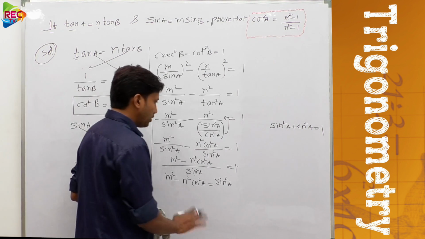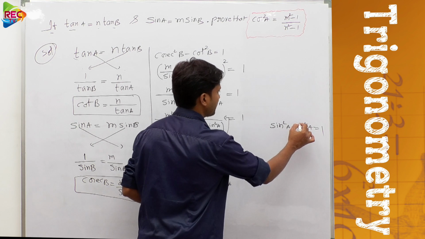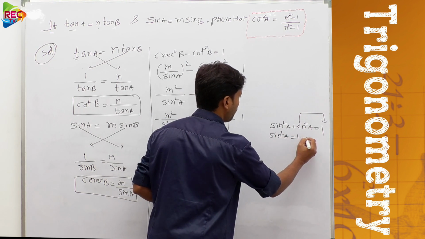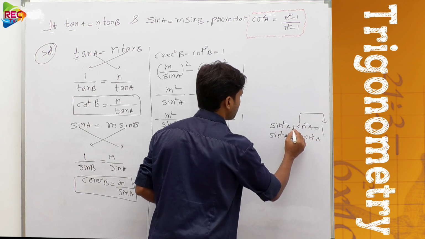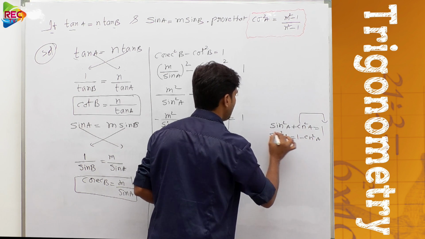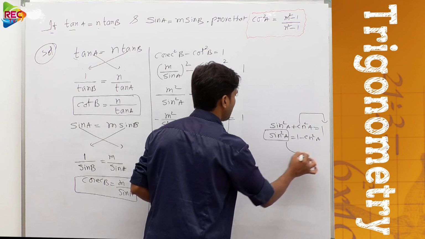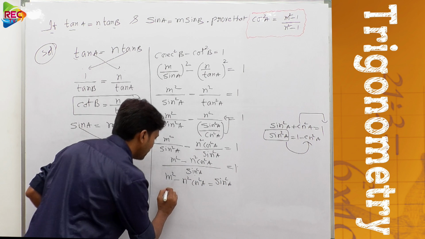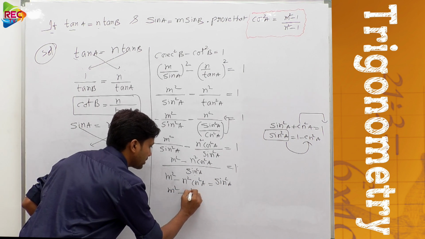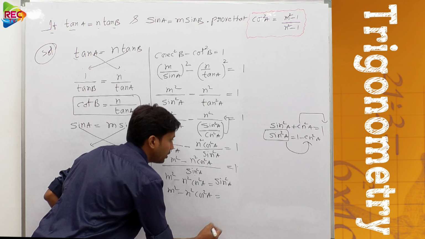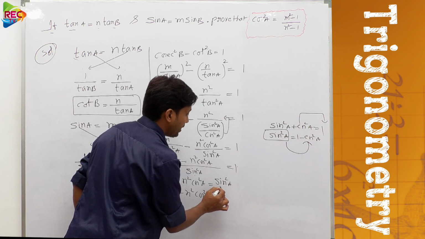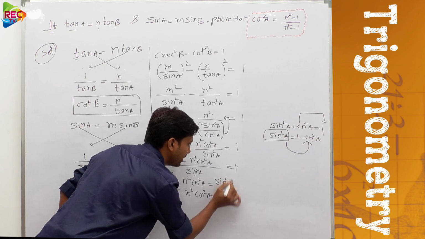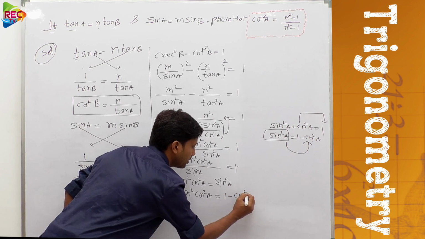So if you want to convert this into cos square, then send this cos square to another side. So sin square A can be represented as 1 minus cos square A, because plus becomes minus over there. So here sin square A can be replaced by what? 1 minus cos square A, or not? Exactly. So we can put it here: m square minus n square cos square A equal to... now tell me, sin square A can be rewritten as what? 1 minus cos square A. So put here in place of sin square A, 1 minus cos square A.